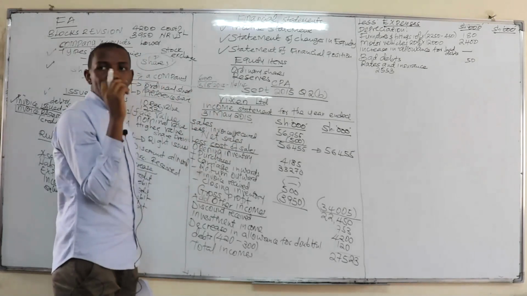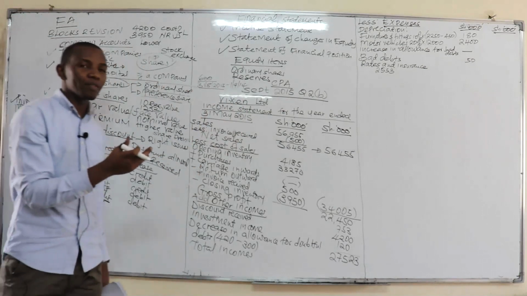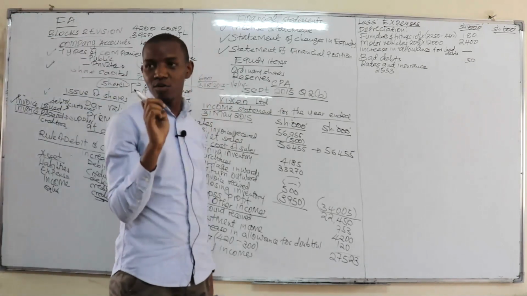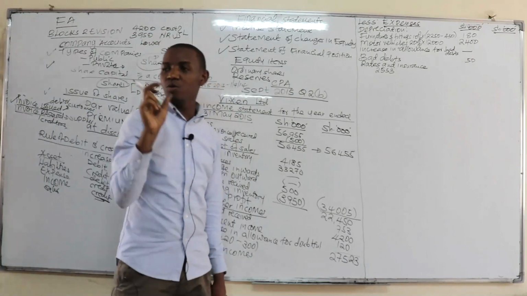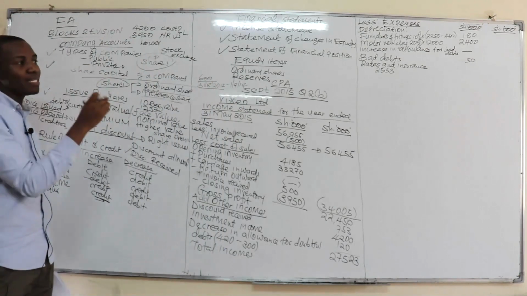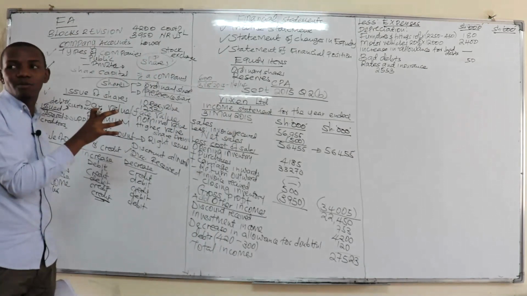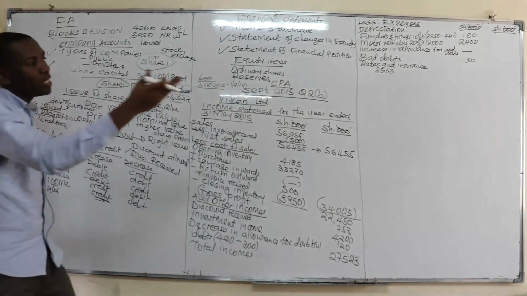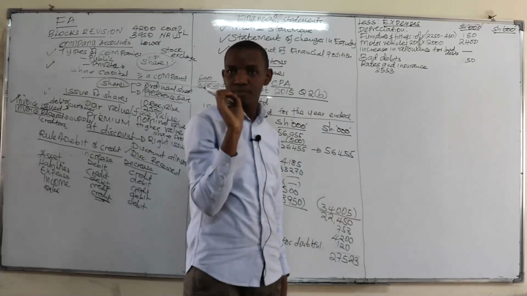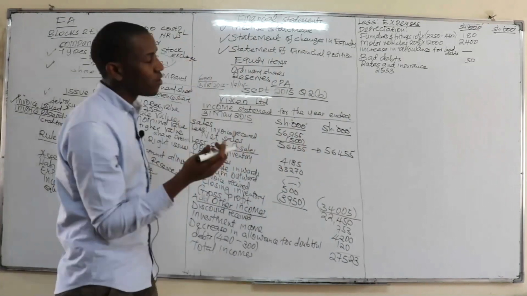And remember, when you are preparing the financial statements here, you have to apply the accounting concept we call the matching concept. Revenue should be matched with the expenses that were incurred in the same accounting period. So the 3 months is not for this period, it is for the next period, which in this case we have to eliminate for those 3 months. It will be a prepayment. And how will you go? Now, the cost for the 3 months.